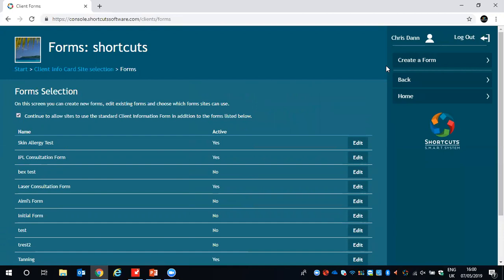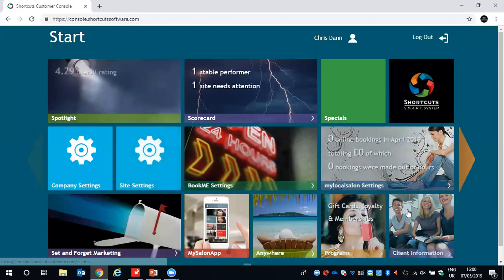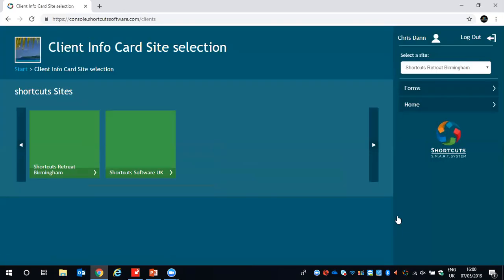So how do our clients use the CIC form? How do our employees give the CIC form, the custom CIC form, to our clients? That's very easy. It's exactly the same way if you are already utilizing our client information cards on your tablets and that kind of thing. All you would need to do is, once I can show you on the screen, once you've got client information open, like you would normally when you ask them to fill out their information,